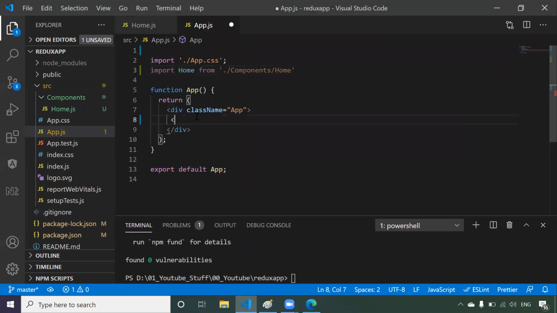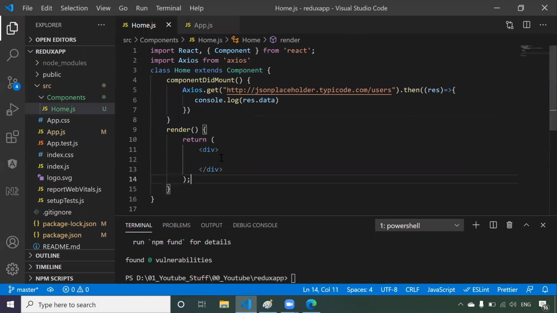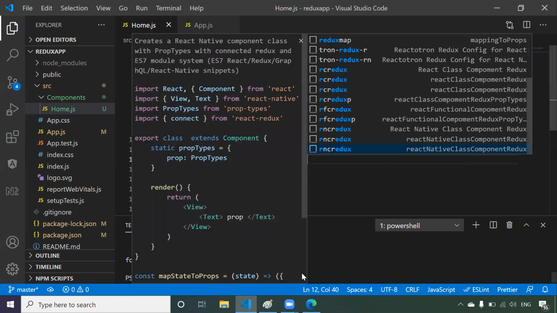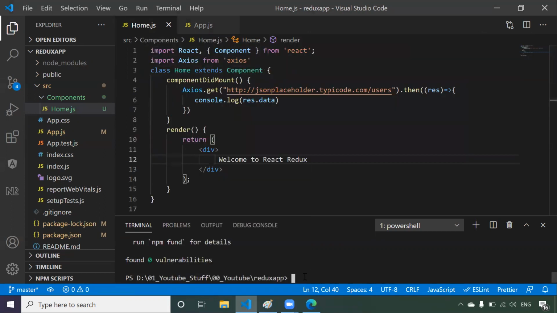Now just keep your home component here. If you come here, we will be saying something like welcome to React Redux. Now if I run our application, how can we run? Just npm start.